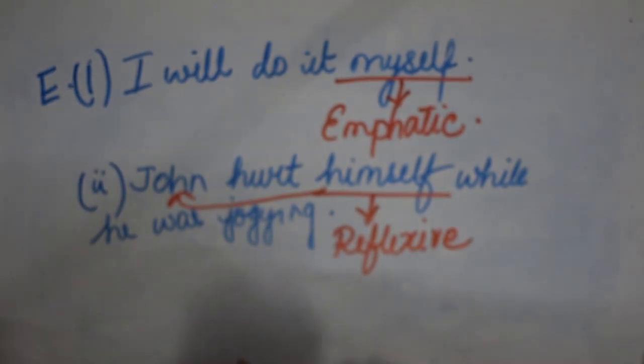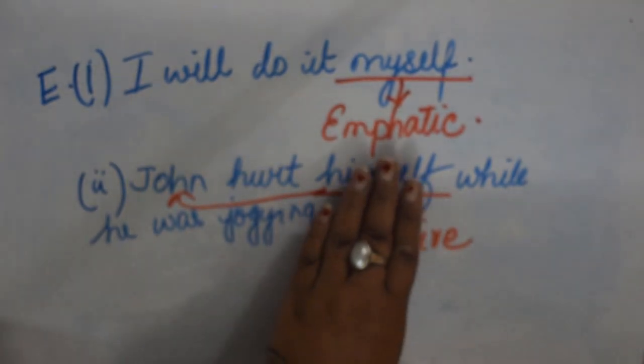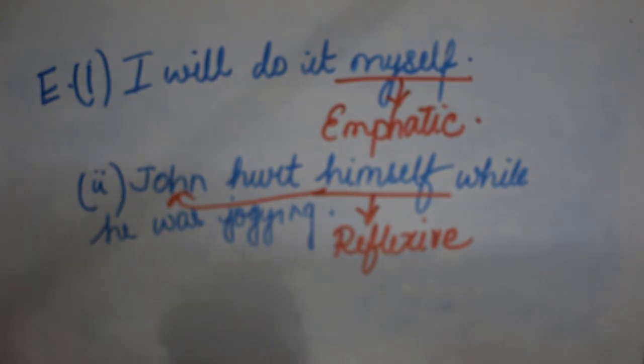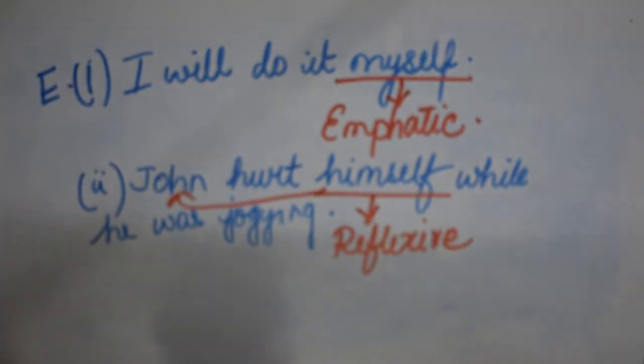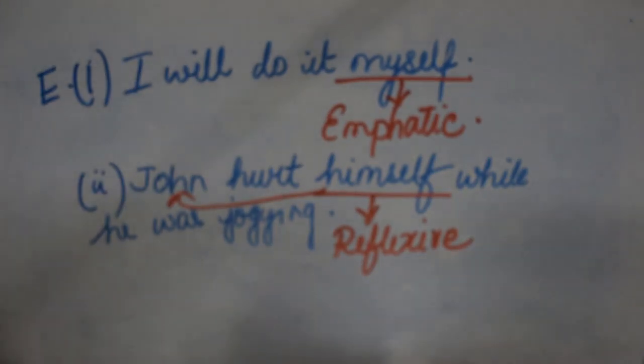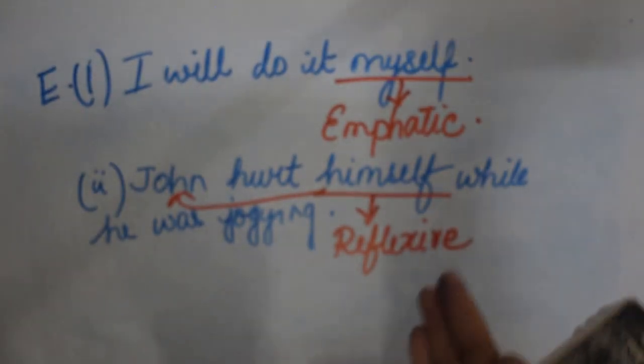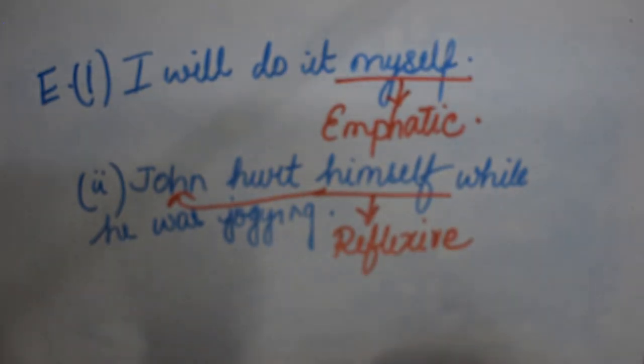And another thing, if you remove the word himself, the sentence becomes a little incomplete in meaning. A question arises, John hurt whom, or John hurt what? So that's why the word himself will be a reflexive pronoun in this sentence, because you cannot do without the word himself over here. The third sentence was,